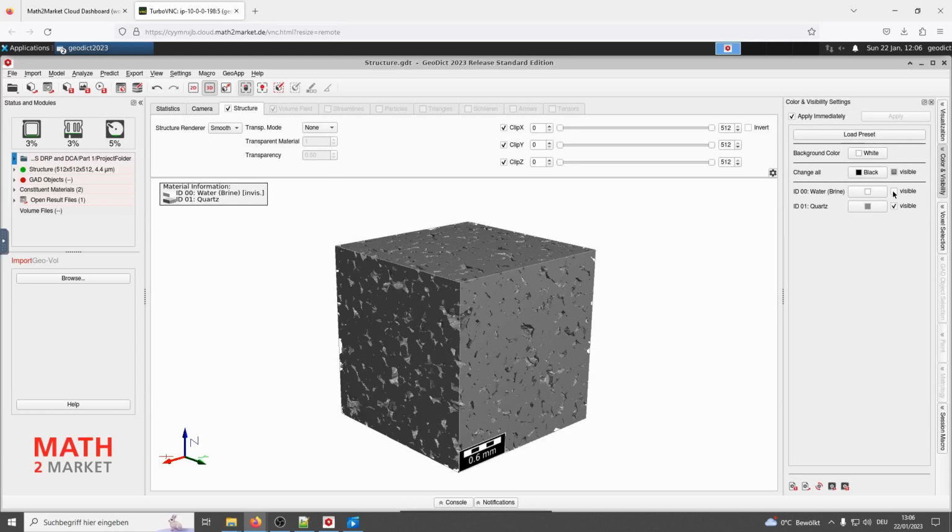As you can see, we have got the new legend for the materials information here on the left. ID 0 water, ID 1 quartz.